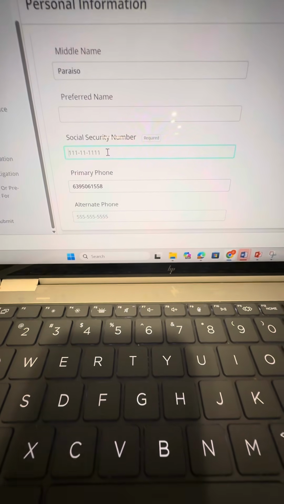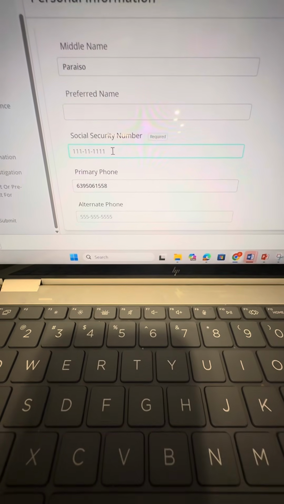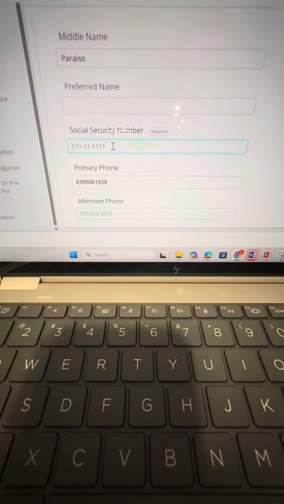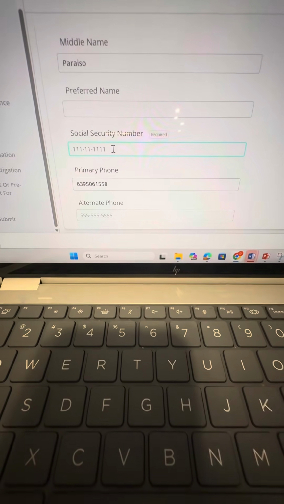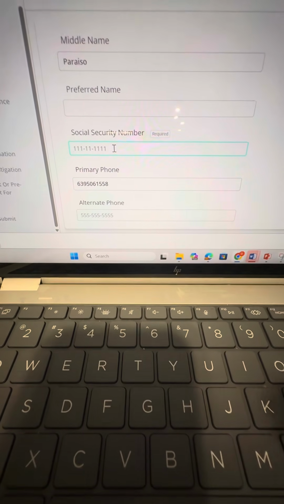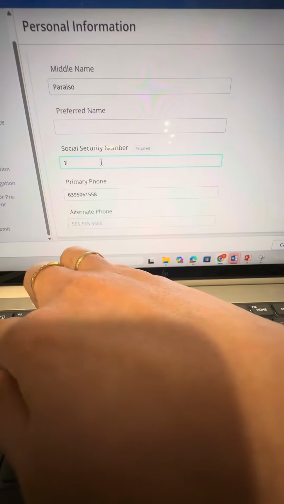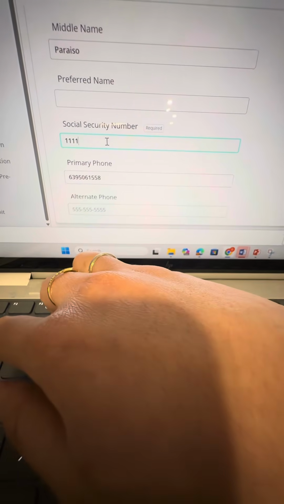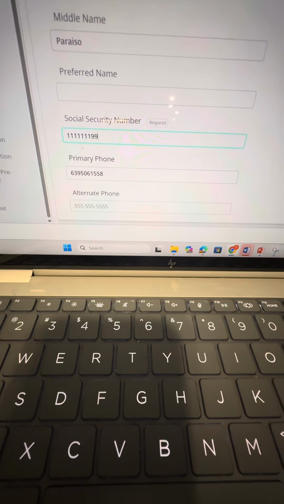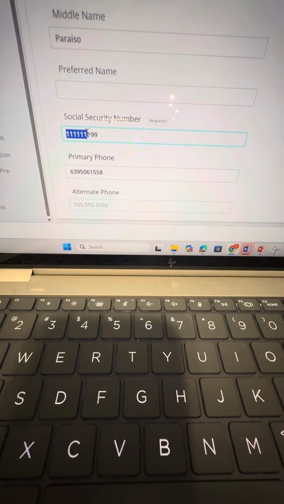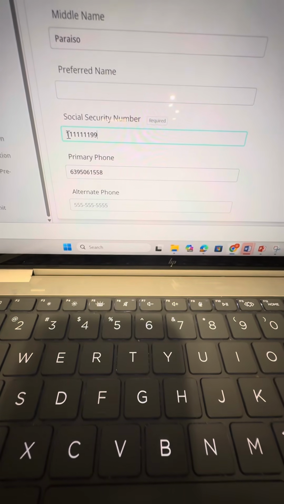in the country or in the Philippines to use repetitive numbers for social security. Social security is, you can't get this number while you are out of the United States. So since this is a very random number assigned to every individual living in the States, for you to be safe from any legalities, then use repetitive numbers. So here you can use 111, it should be 9 numbers. So 5, 6, 7, and then I'm going to use 99 because I know if I use 1 and take a shot. So the repetitive numbers, and I'm pretty sure no one owns this